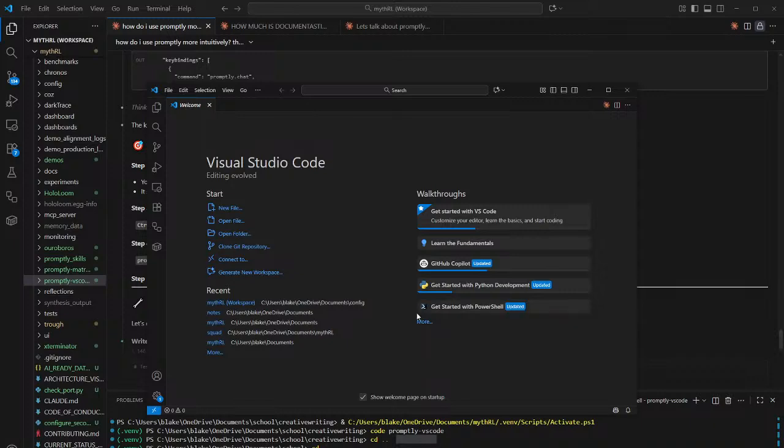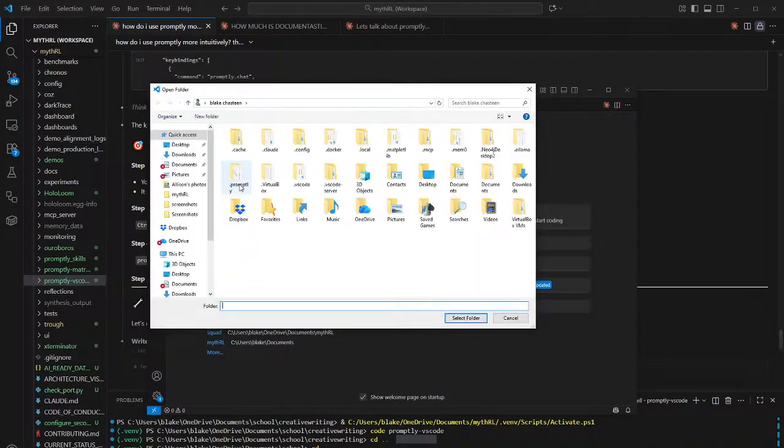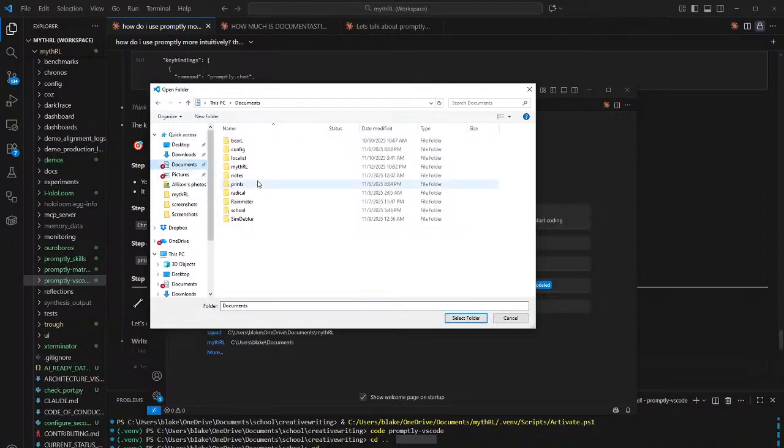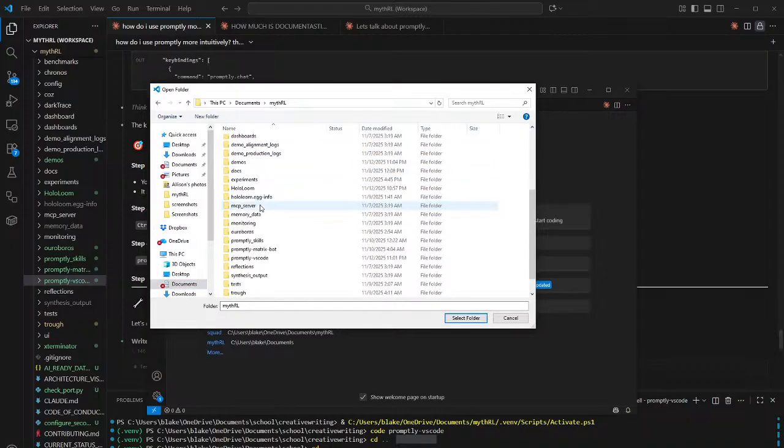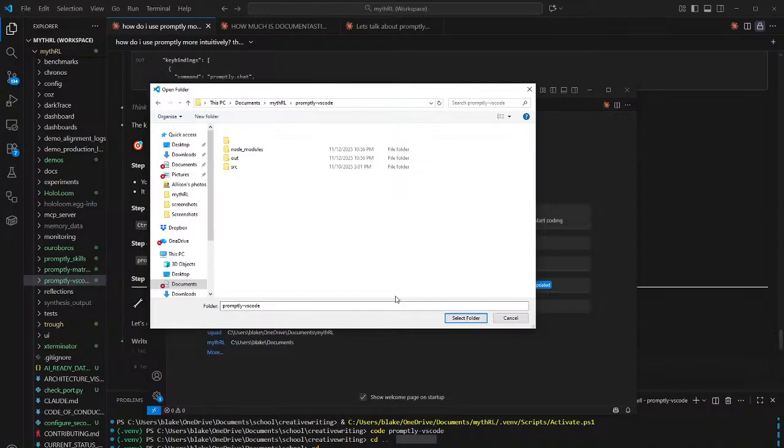Oh, I think I saw it just there on the thing. Open folder. Probably. Documents. Remove this one, documents, Mithril. Promptly VS Code. This is our plugin. Just select this folder. I think it should work.